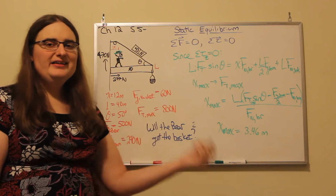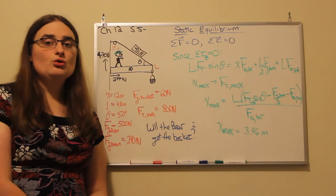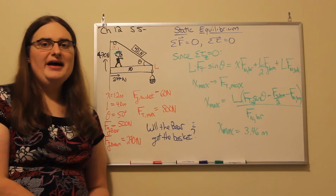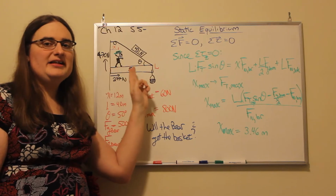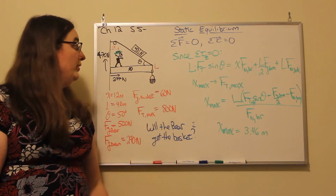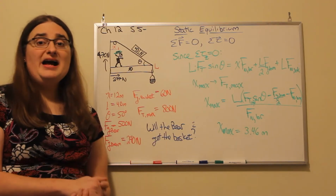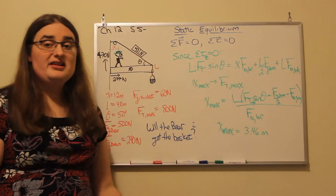And we said that yes, the tension in our cable could be up to 800 newtons. It's only 431 newtons right now, so the bear's going to be fine. But for the bear to get the picnic basket, it needs to go the entire 4-meter distance, which means we need to make sure we don't have a maximum distance that would kick in before we exceed the maximum tension